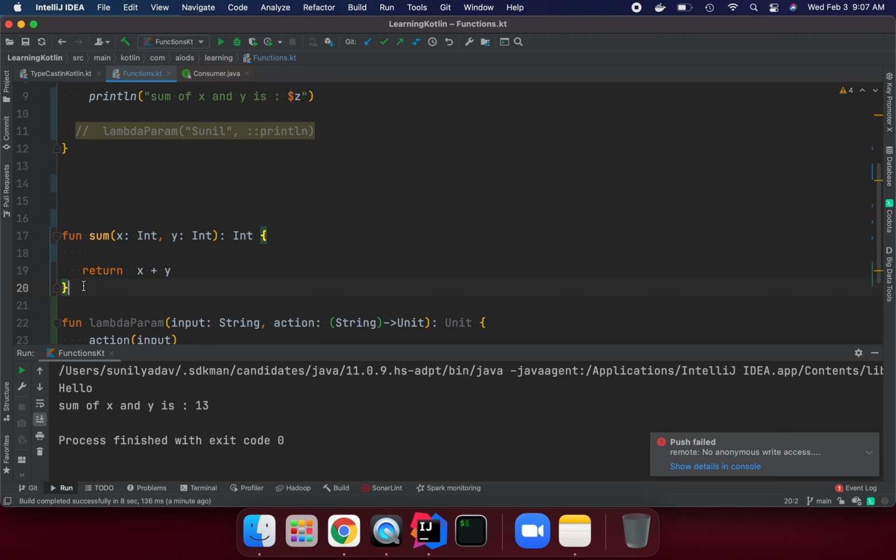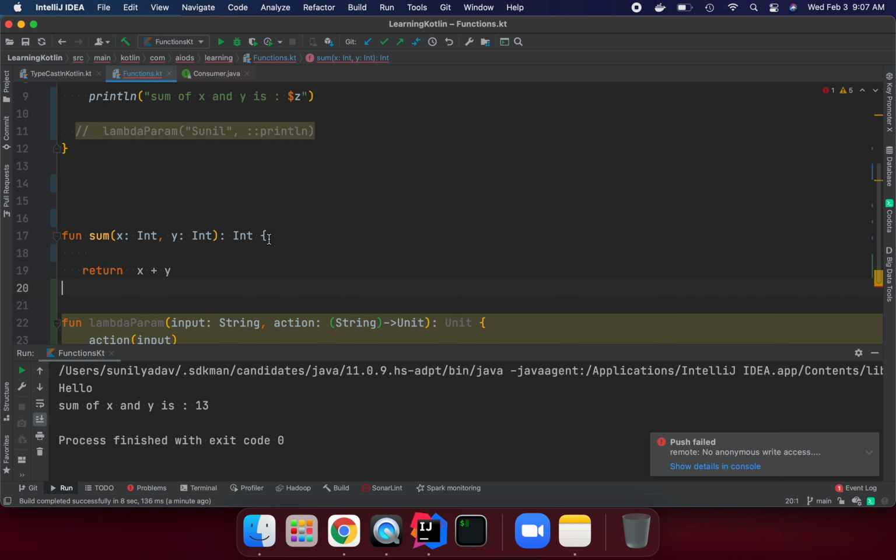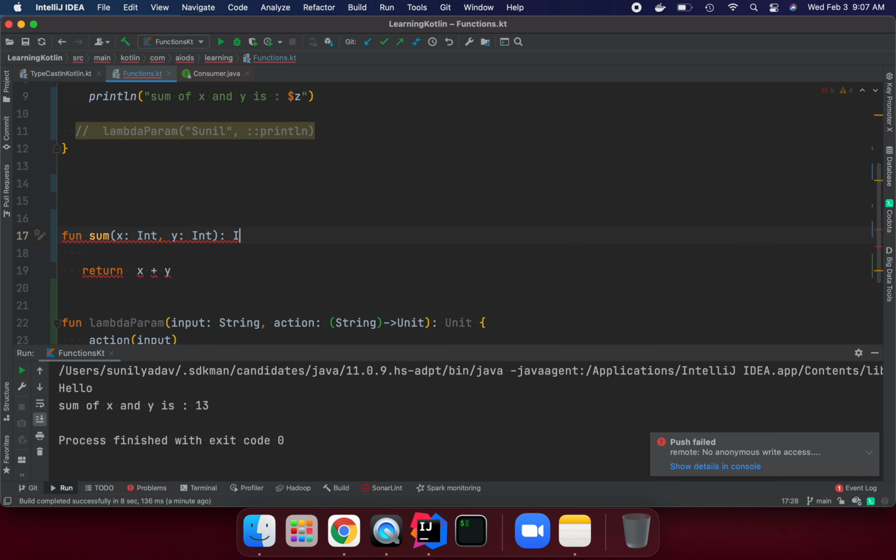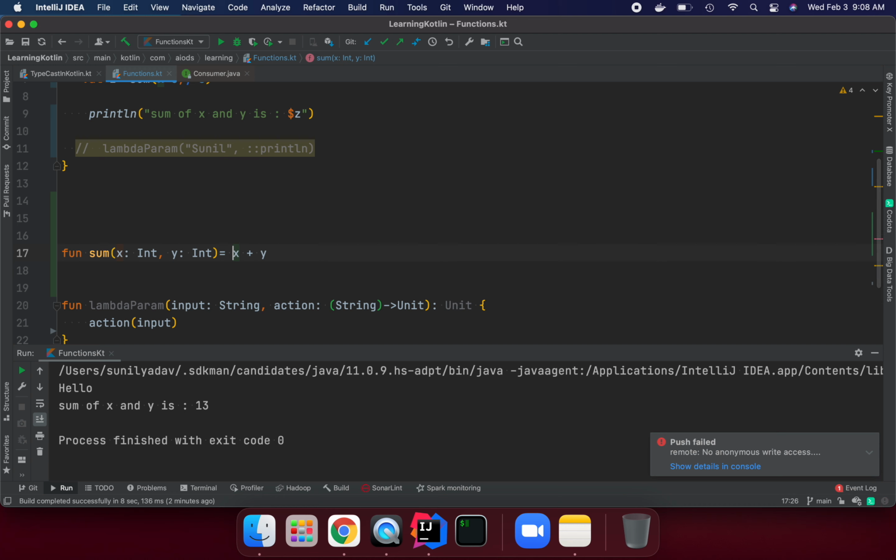We don't need this ceremony to be placed, so I can remove this bracket and this integer return type as well, right? And we can assign the value whatever I'm getting here. So all these things are going to be hidden the way we did earlier. So now this is an expression, and where I'm writing, I'm giving this value directly to the function. I don't need to declare what the return type is, or push it into the block of the function definition. We don't need it actually. So this is really helpful. This way we can express our function, single expressions we can do that way.